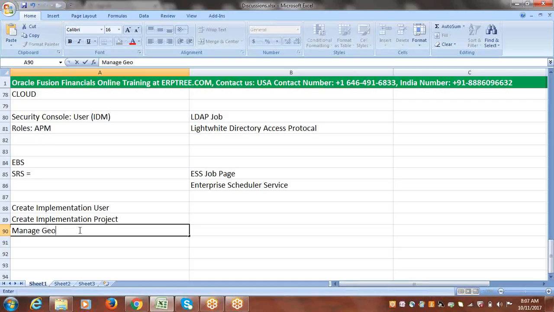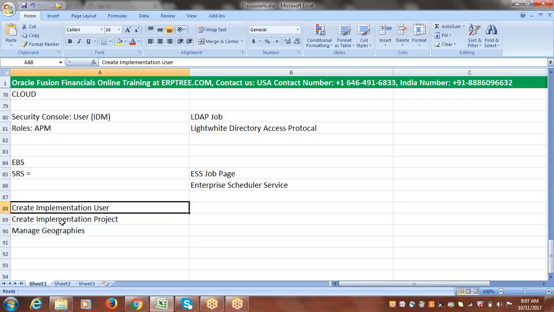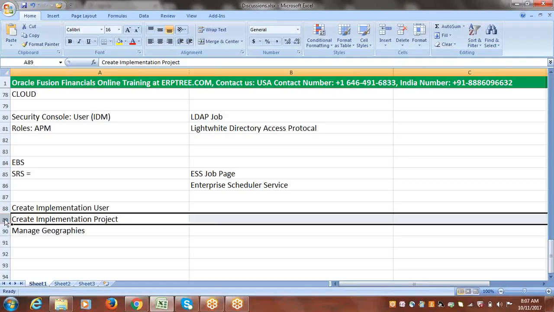Manage geographies related information. So from the system point of view, these are the three tasks which we performed: user creation and role assignment, and implementation project creation, and we just went through that relevant information. Prior to that, we discussed how to enable the offerings and options, right? So let me just include that: